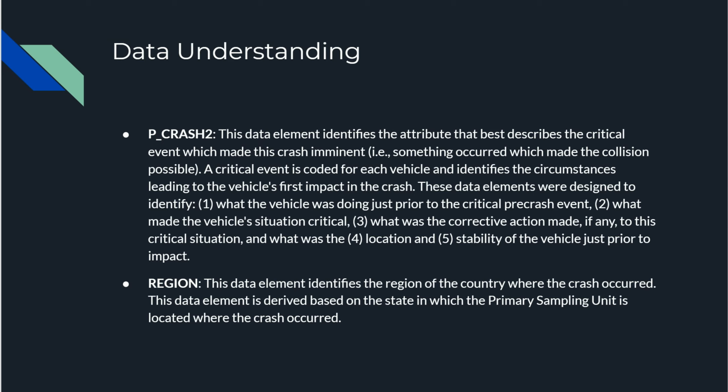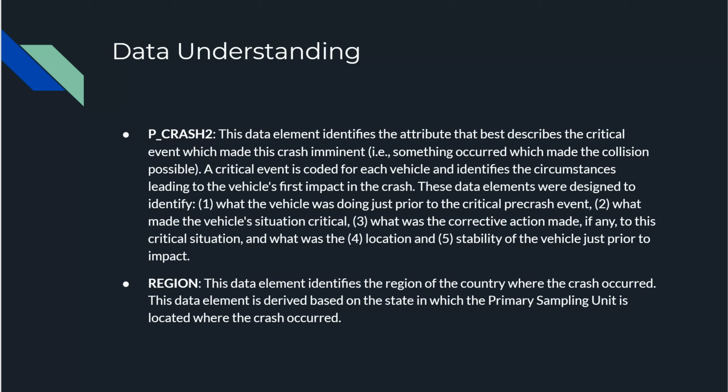P underscore crash 2. This data element identifies the attribute that best describes the critical event which made this crash imminent. Something occurred which made the collision possible. Critical event is coded for each vehicle and identifies the circumstances leading to the vehicle's first impact in the crash. These data elements were designed to identify